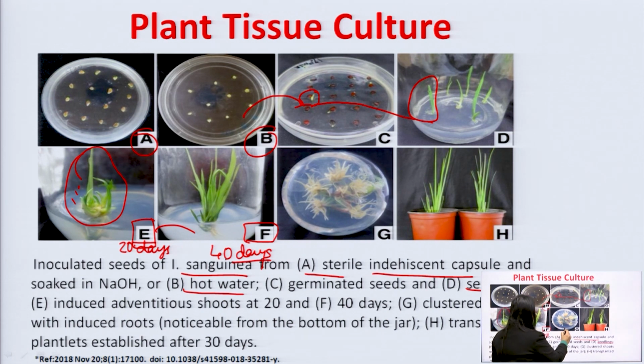Now, this is the clustered shoot, which we can see again having the roots as well. This is seen when you see the plant tissue cabinet. From the bottom you can see the roots, and finally you have the plants which are ready for transplantation to either the plant pot or to the field. So these are finally the result which we get. These are the different stages, and this is finally ready after 30 days. So this is the diagrammatic or pictorial view of how plant tissue culture is done.